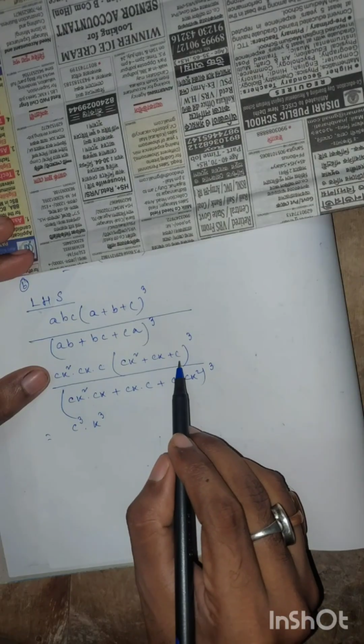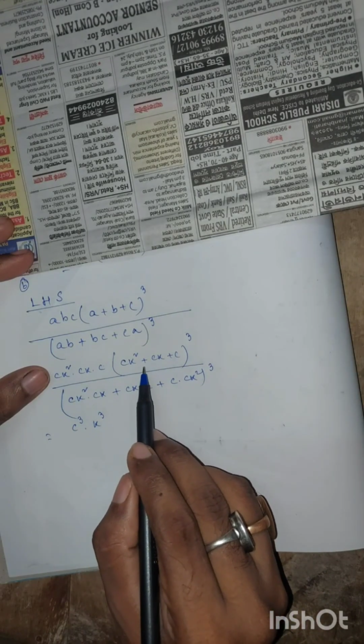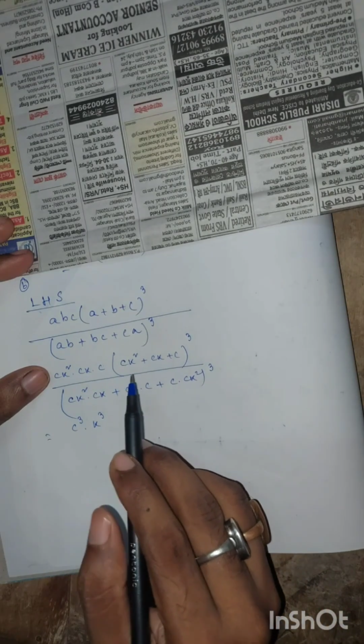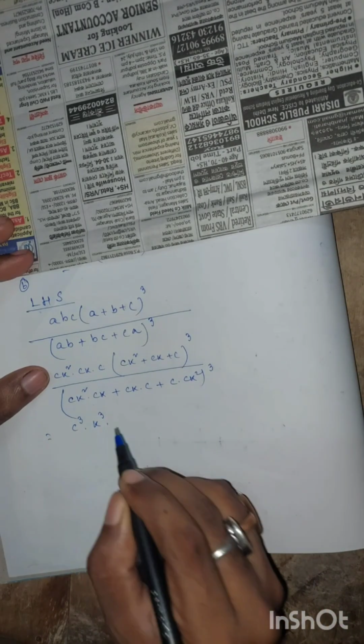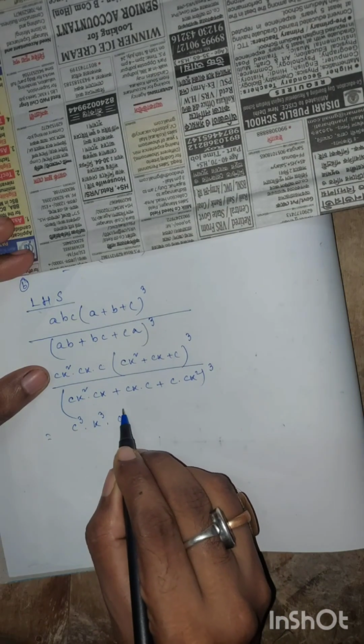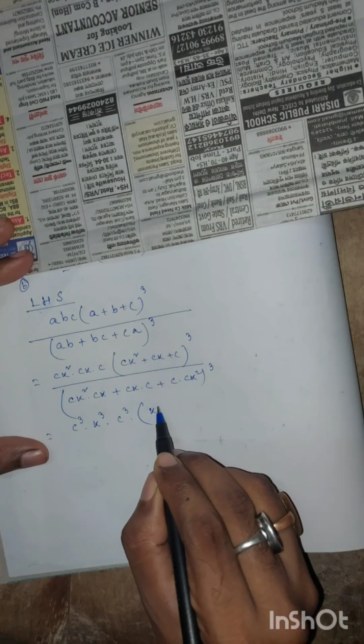If we take C outside the bracket, C becomes C cube. So we are taking C outside the bracket, so it becomes C cube. And inside the bracket we have,